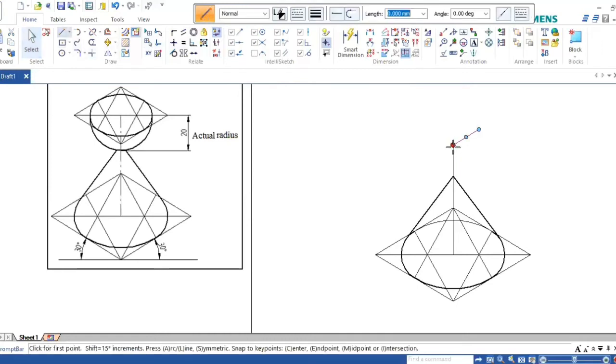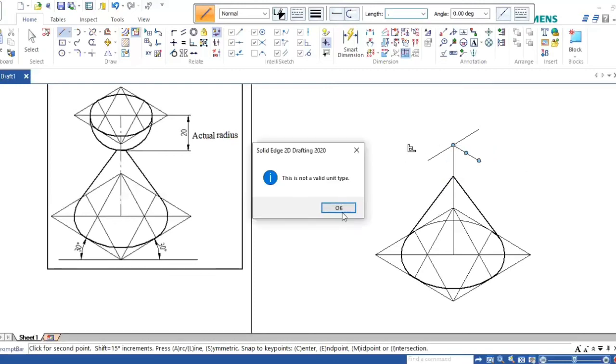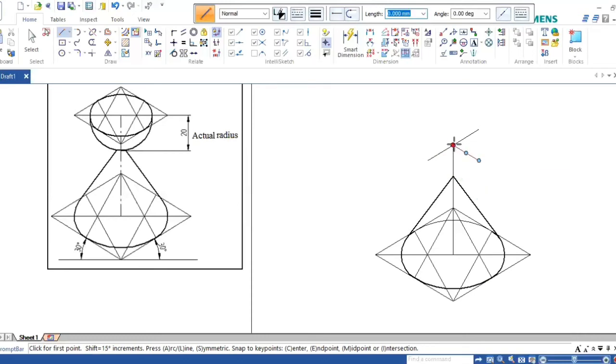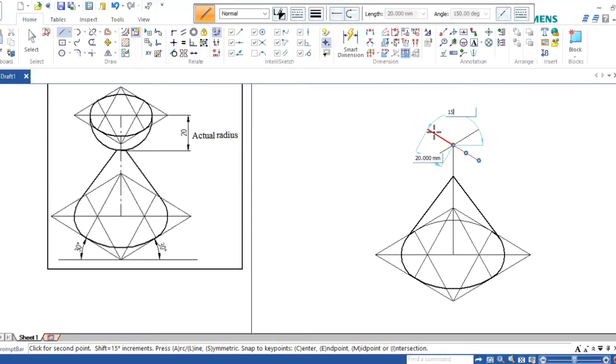Then go to here, set the same. 20 by minus 150, 20 by minus 30, 20 by minus, 20 by 150.